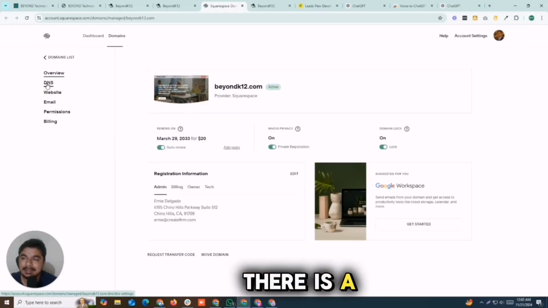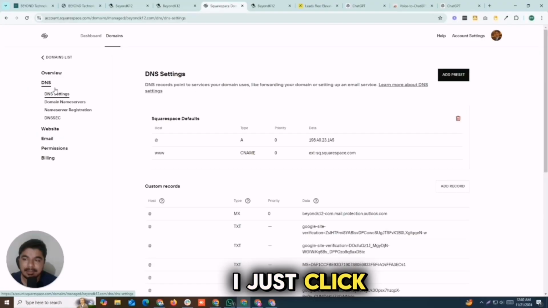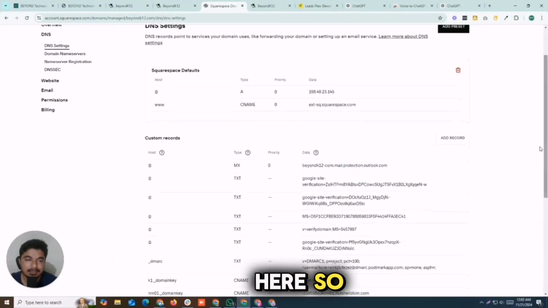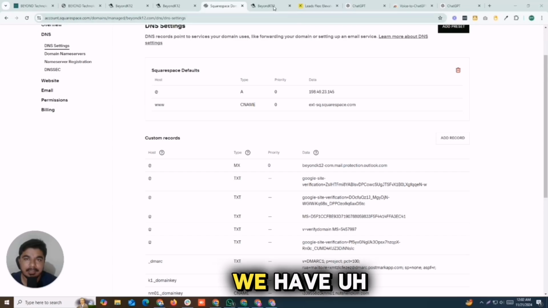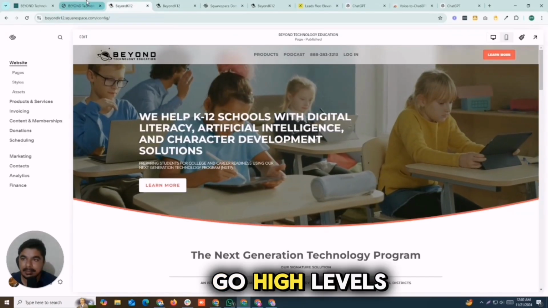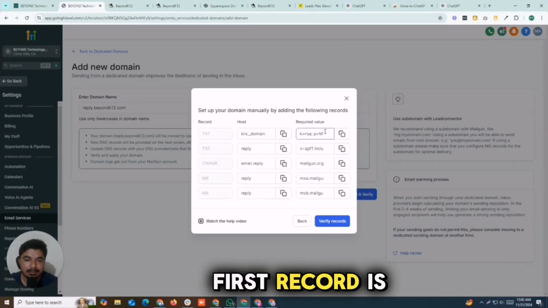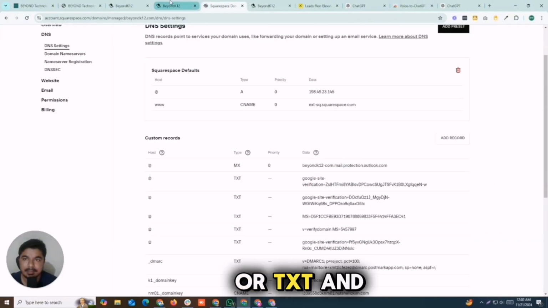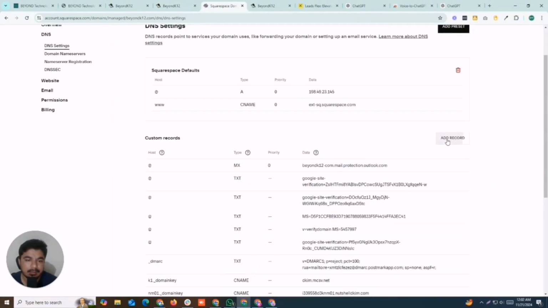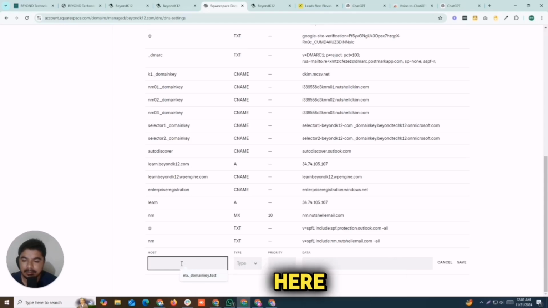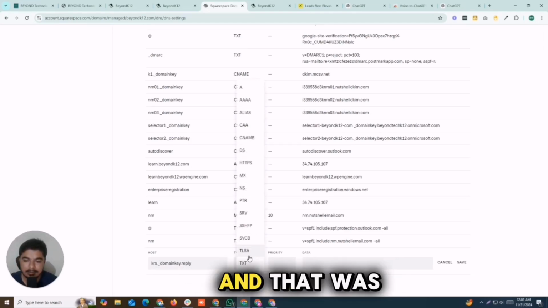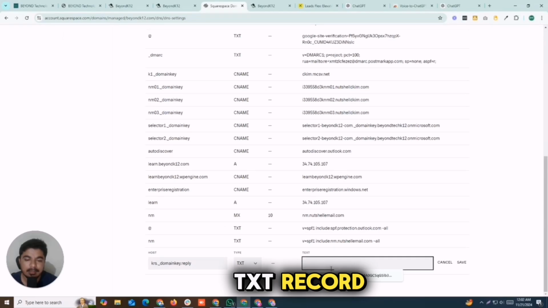You see there is DNS settings. I just click on DNS settings, and here you can find all the DNS records. So we need to add all those records that we found in GoHighLevel. So the first record is TXT. For example, I need to create a host. First is a TXT, and here I just add a record. The host was this, and that was a TXT record, and we need to put